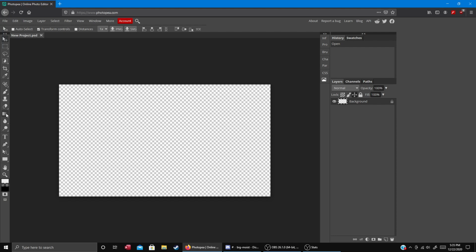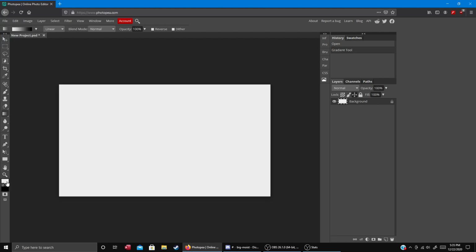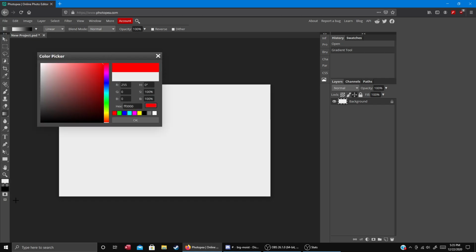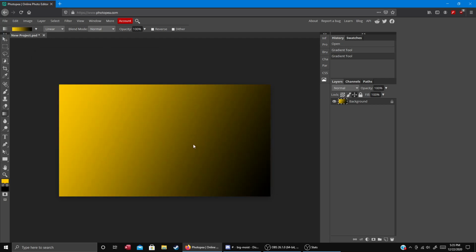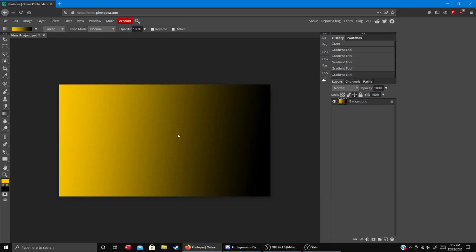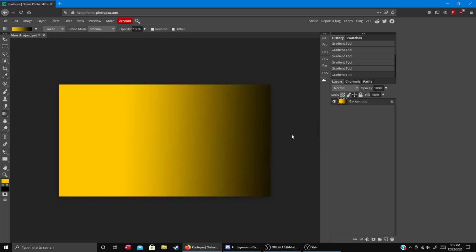Now, if you just want to make a really simple one, you can do it like this, or you can go, for example, let's go red. Let's go with like maybe a tint of yellow or something like that. You can do that and do something like this. Now this will make, I guess, a just fine gradient, which you can use as the background of your video,